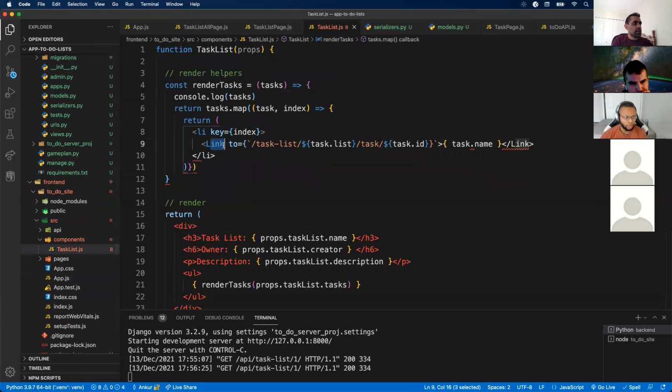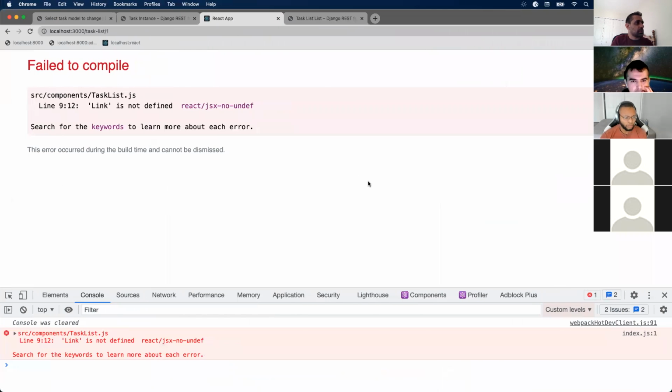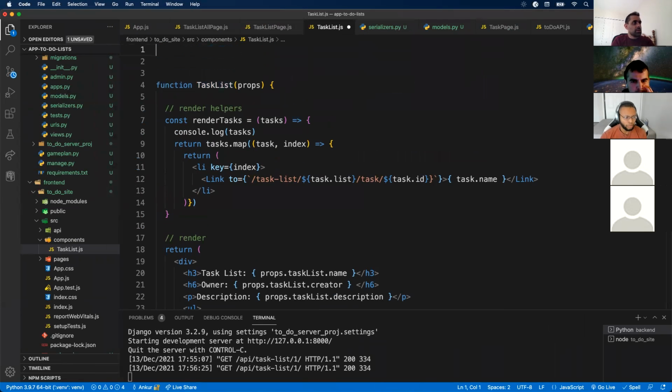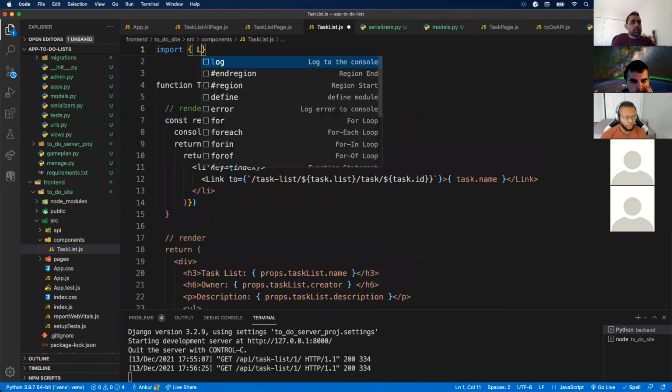So I'm creating a link tag again to use with my router. Where do I want to go to? Well, I want to go to task list, list ID slash task, and then the task ID. Curly brace, and I think I should be good to go. So let's take a look. Nope. Link tag, of course, we need to import it. Tab magic. Import link